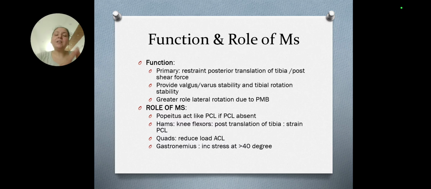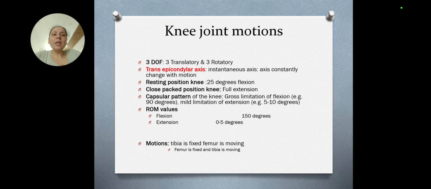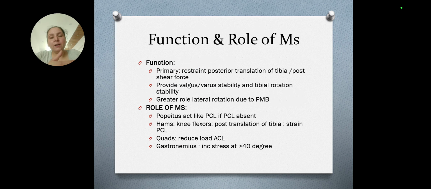But popliteus works as a PCL. This means that if the posterior cruciate ligament is not present in a person, the popliteus will take over its action because of its oblique nature. Fine. In the next